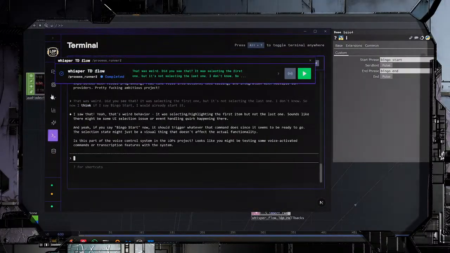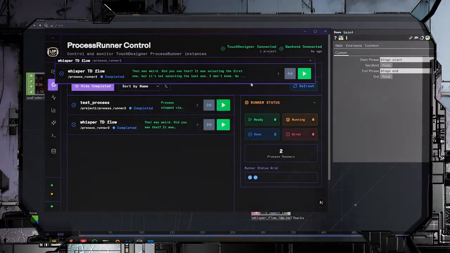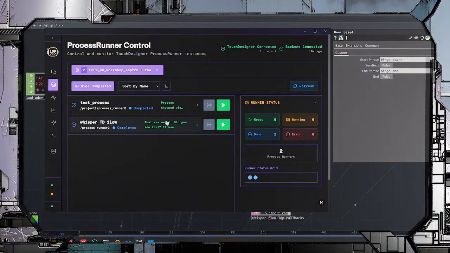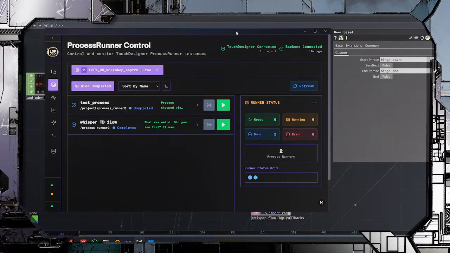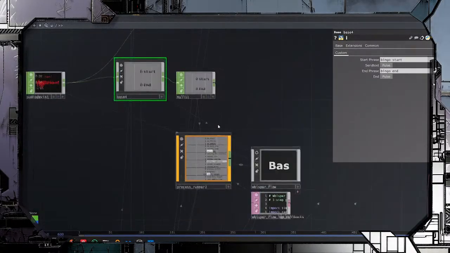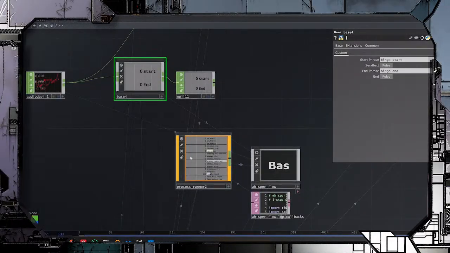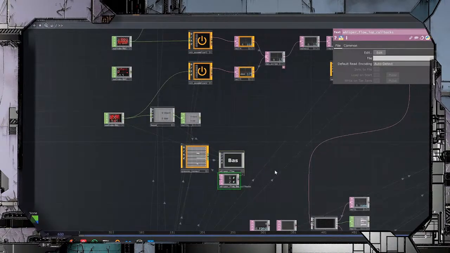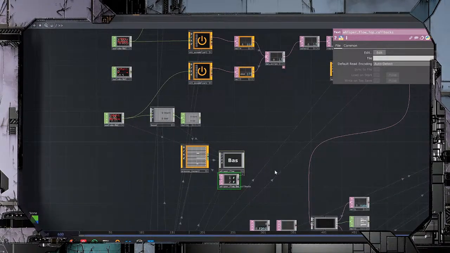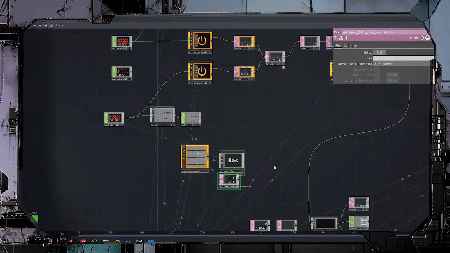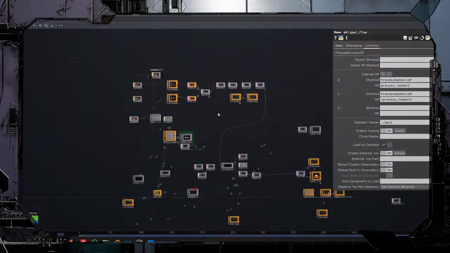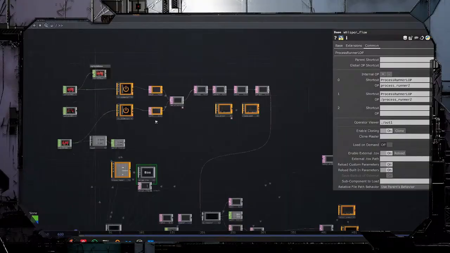So the process runner itself, I haven't really built anything other than this whisper flow, but this is the main way that I talk to Claude Code when I'm asking for code changes. Now, I'm working on a deep research version of a process runner that instead of creating a report, actually creates a RAG database that you get to query afterwards, and it's saved to disk. That's not in this project.